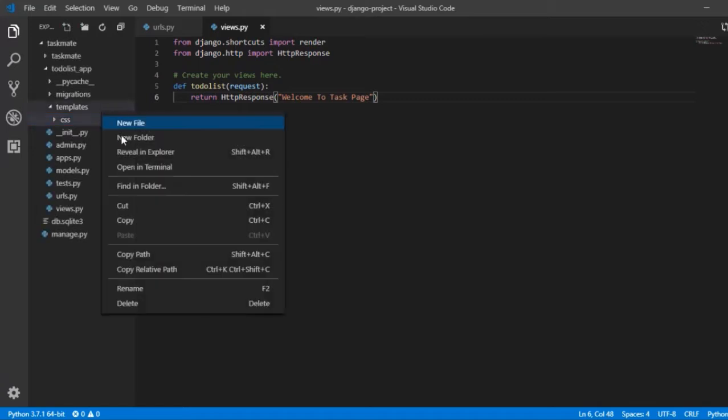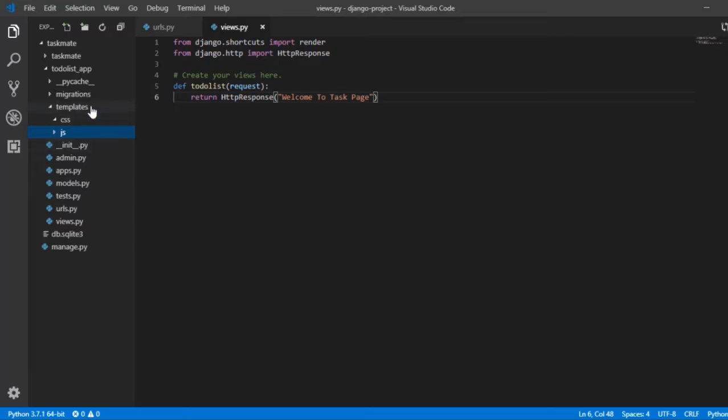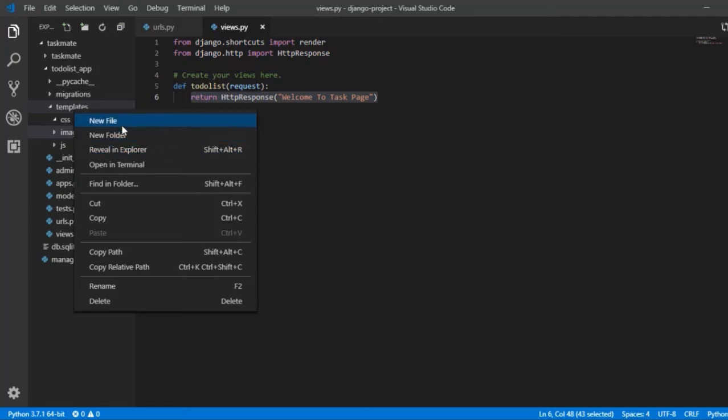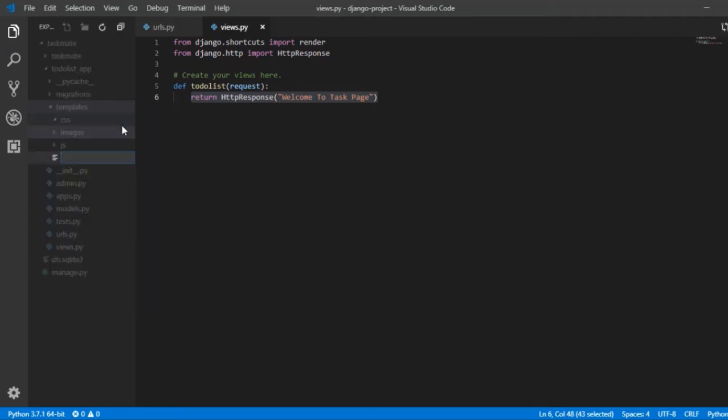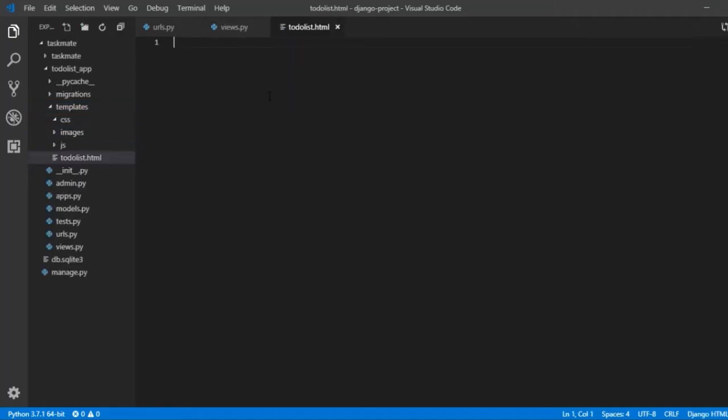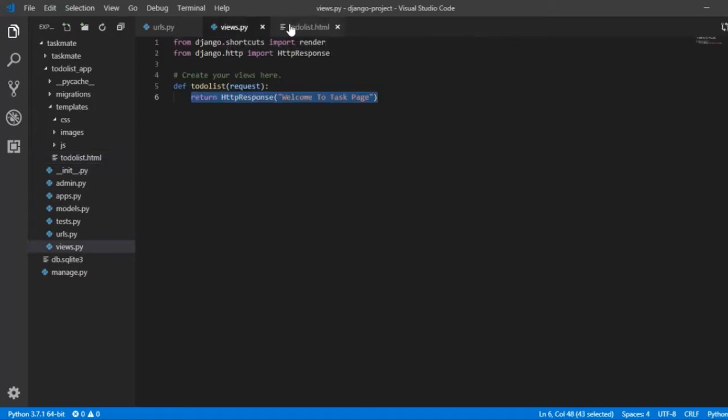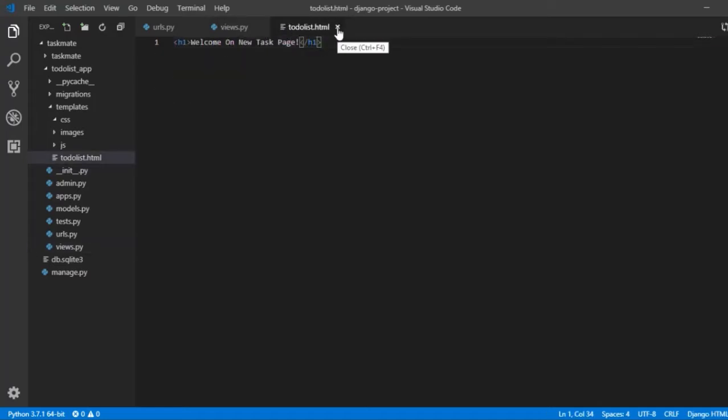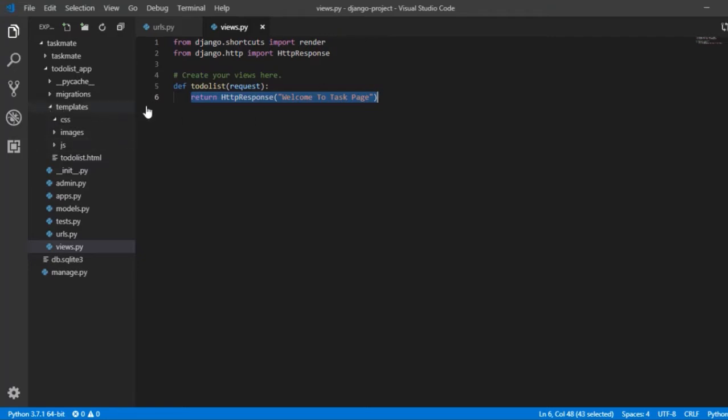We are not going to add anything. It is just a method to explain to you the importance of templates and the folder structure. Now let me create an HTML file on which we will be rendering this. I would call it task.html, or I can call it to-do-list.html, whatever I want. So this looks fine. Here I am doing just a small thing. I would be using an h1 tag and writing a welcome message. Now we have an HTML page here which is called to-do list. We can call it task or whatever we want. So this is our template folder inside our app.